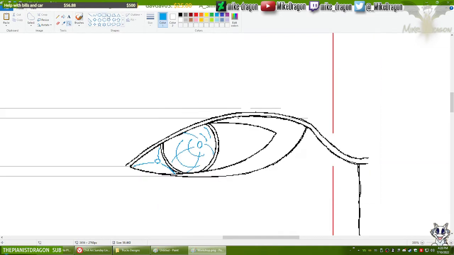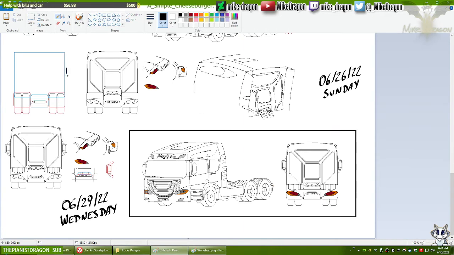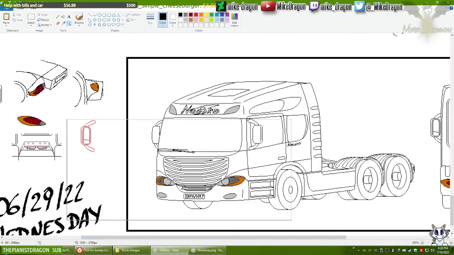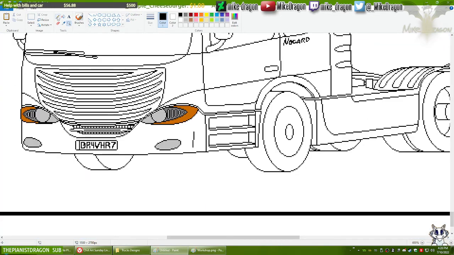Now then, for the LED strips that this headlight is supposed to have on this empty area. So these here. My idea for how the headlights of this truck are supposed to work goes kind of like this. These strips here, all the lights of the headlights are LEDs, okay?